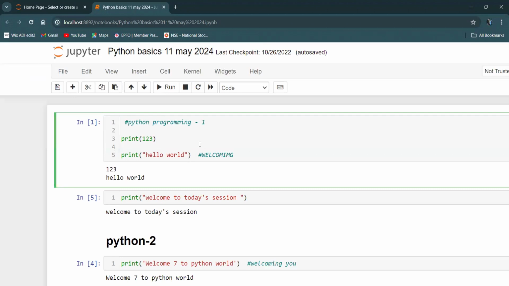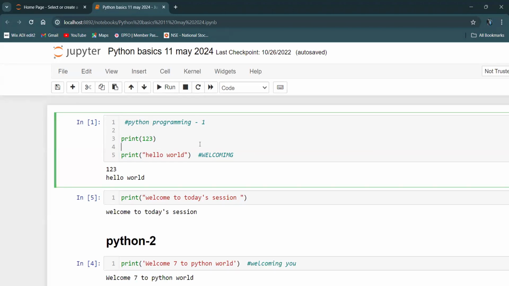So please make a note of the things I'll be discussing now. Whatever I'll be showing you, you can make a note of the code, because the code is hardly 1 or 2 lines. And I believe that most of you are carrying your book and a pen, as we discussed yesterday. I'll also be having a pen with me every time, and I'll also be making a note of whatever we'll be discussing. So first and foremost rule.